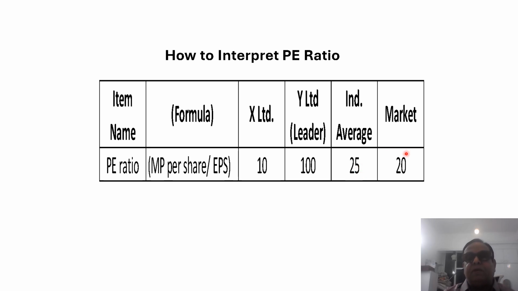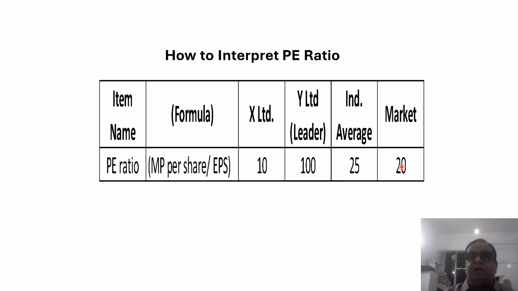But the most conservative is the market P/E. In the market there would be a maximum number of, say, 7,000 to 8,000 companies, or close to 10,000 companies, say in Nifty. So when you calculate the P/E ratio of every company and then take the average, it comes out to 20,